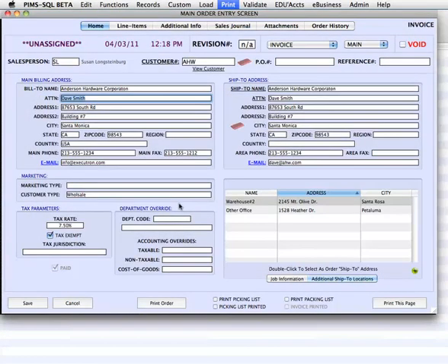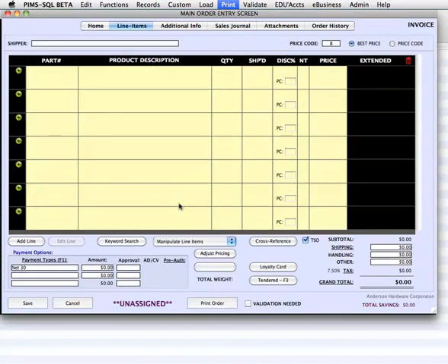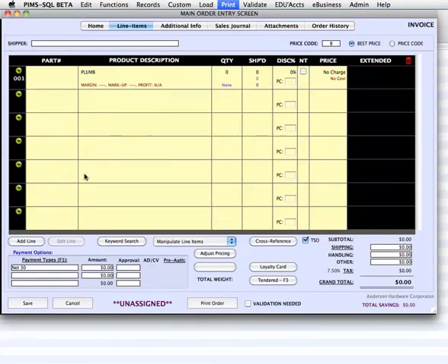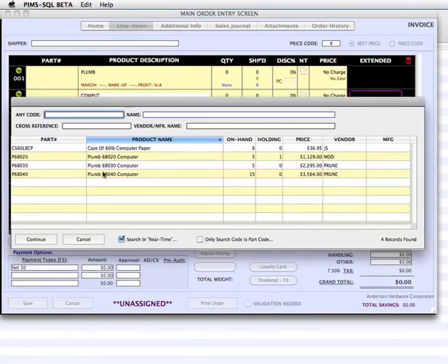And the same holds true for line items. I'll just say, I know it has the word plum, and it'll pull it up instantly. Or I could say the word computer. It basically does a start, or I don't even have to type it all out. I could say compute, and it'll bring up anything where the word